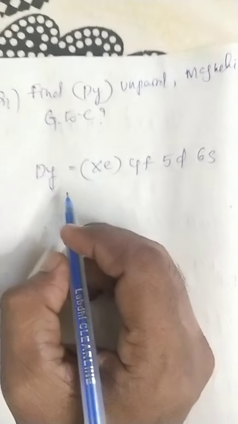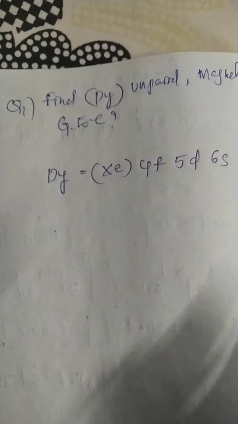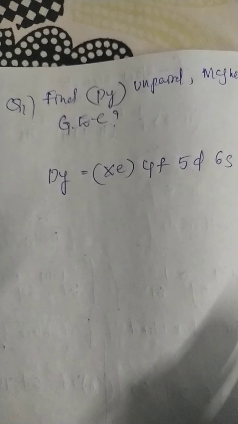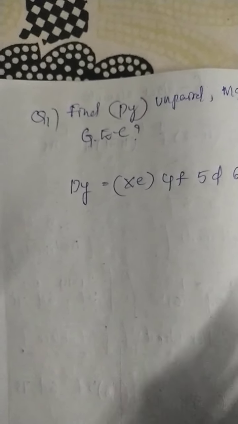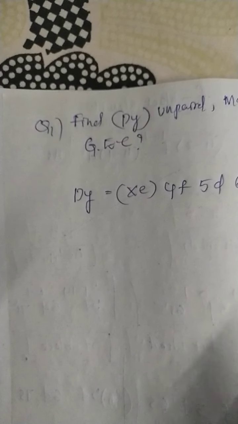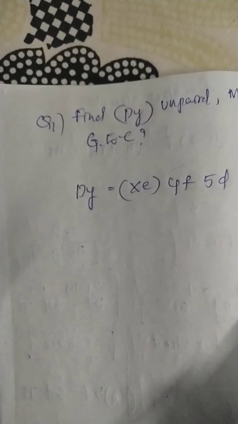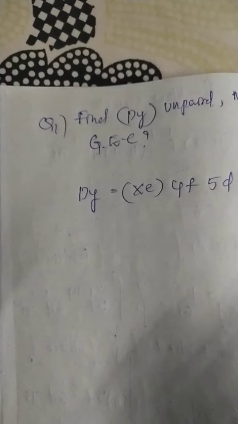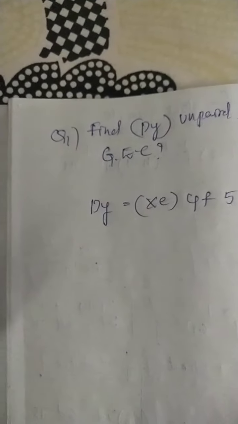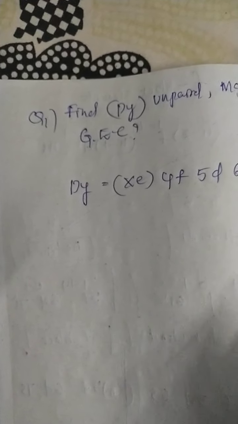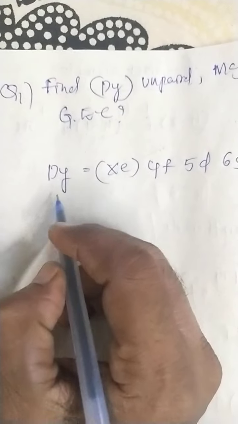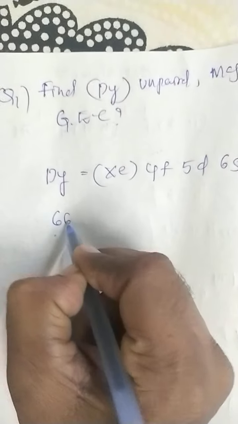Now, dysprosium's atomic number. See again my dear students, if you don't know the atomic number of the given element, you will definitely face problems writing the electronic configuration. That's why every student must learn at least the 14 lanthanide elements' atomic numbers and symbols, and at least the 14 actinides' atomic numbers and symbols. If you know the atomic number and symbol, you can easily write the electronic configuration of the d-block, lanthanides and actinides. So dysprosium's atomic number is 66.